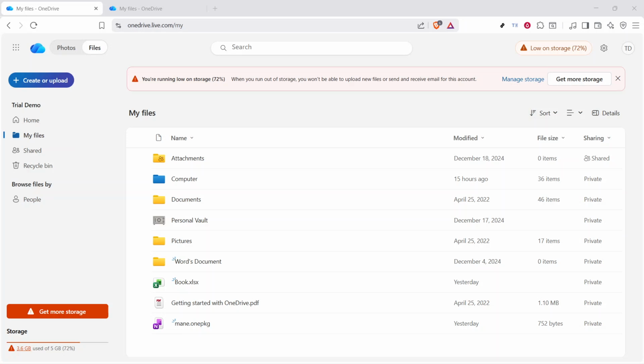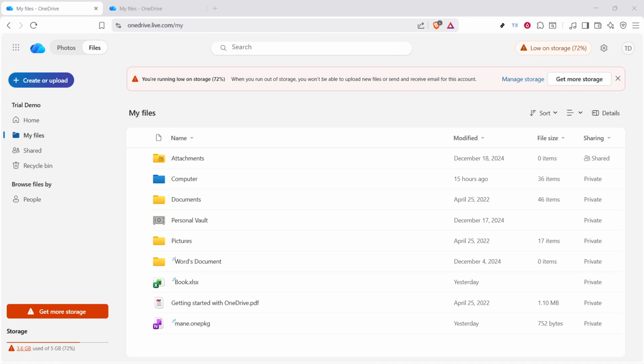In today's video, I'm going to teach you how to stop OneDrive sharing files and folders. If you've shared something in OneDrive and later decide that you no longer want other people to access it, the process is pretty simple once you know where to look. In this walkthrough, I'll show you how to remove the sharing link so the file or folder is no longer